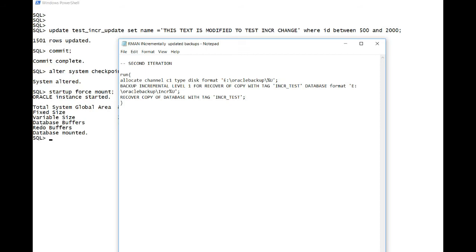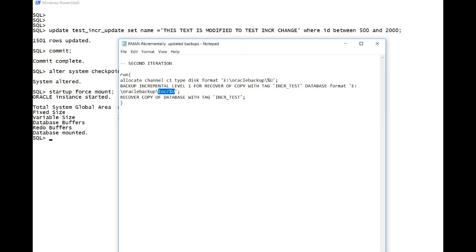So the changes present in this backup piece will be applied to the appropriate data files, that is the image backup.